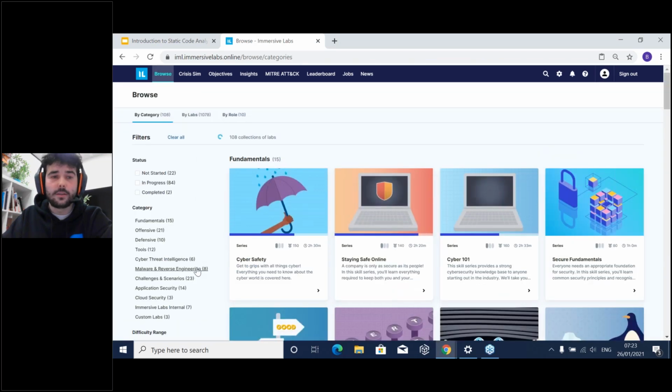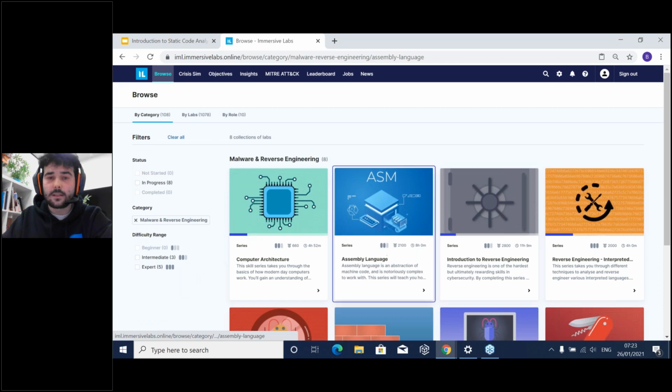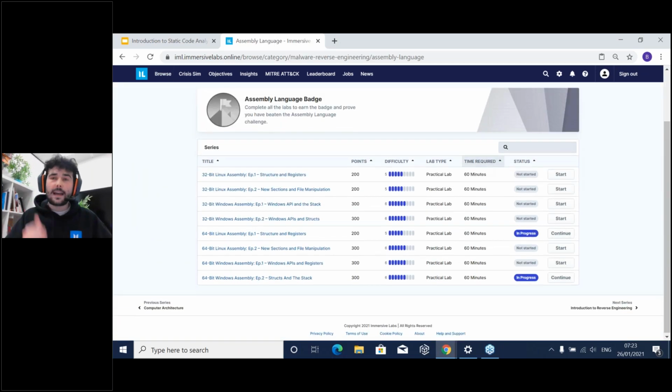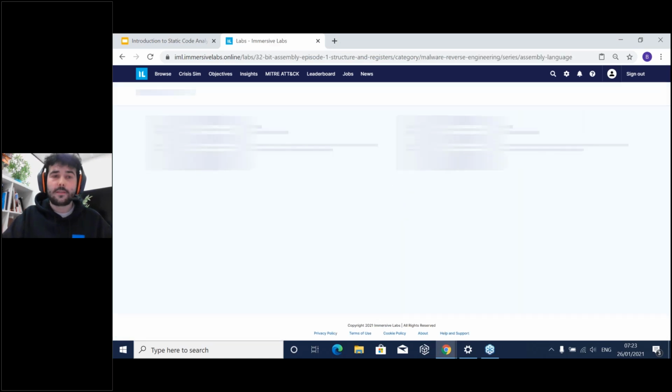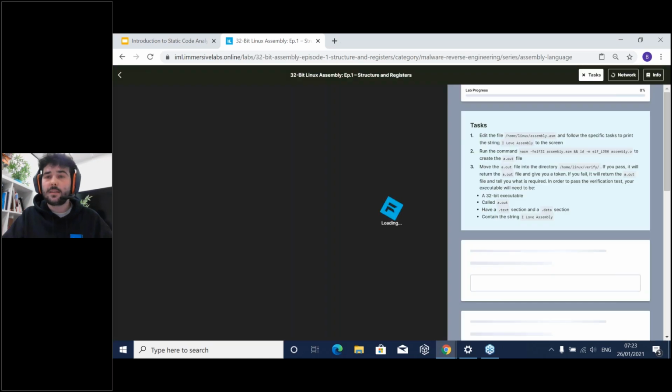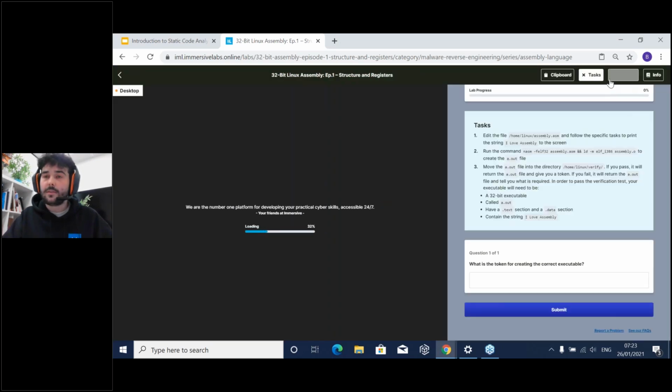Let's go to reverse engineering, of course, and let's have a look at the assembly language. At the moment, we've released 2 episodes for each 32-bit, 64-bit for Windows and Linux. And if we click on one of these, for example, 32-bit Linux assembly, they're all following the same sort of format. So the first episode in each of these operating system and architecture labs asks you to do